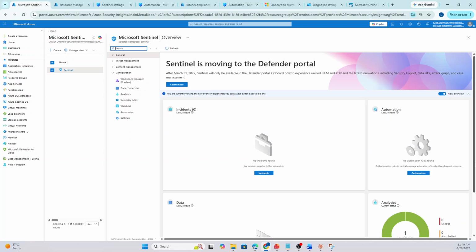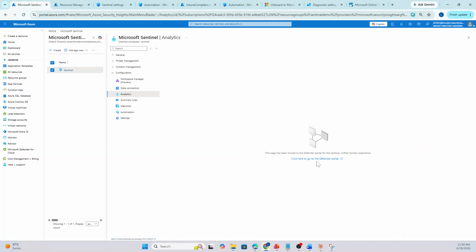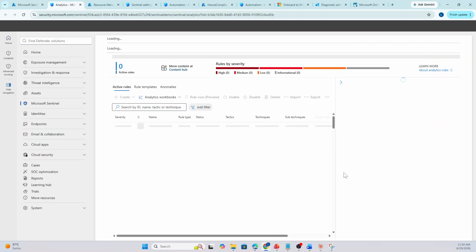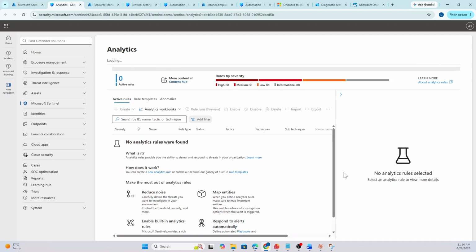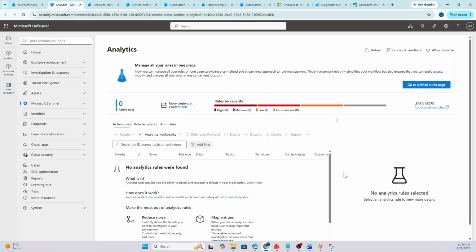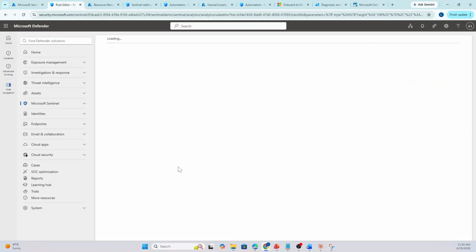So if I go here in this configuration, go to the analytics, I'll create a rule. Oh, all the configuration has started moving to the Defender portal. So gradually all these things will move. We'll create an active rule, create a scheduled query rule here,